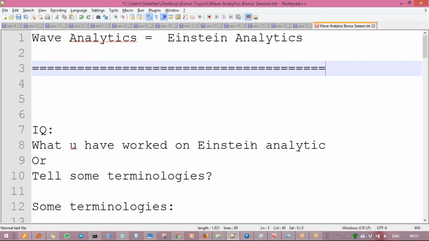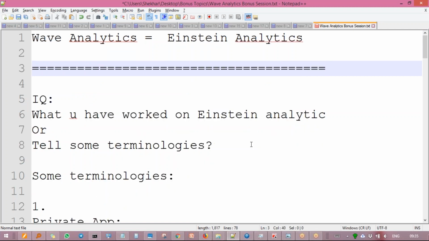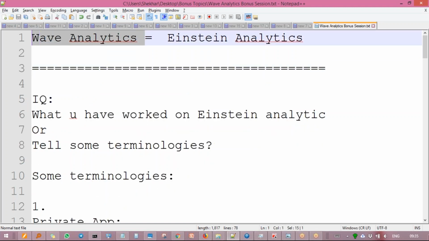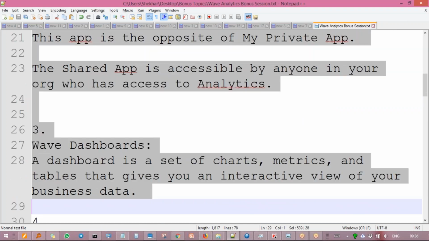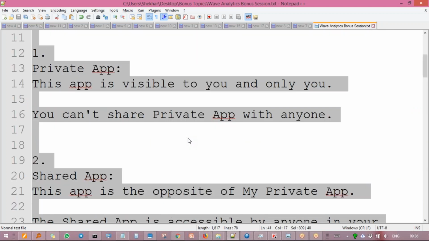So everyone clear? If they ask you some questions that what you have worked in web analytics, or tell me something about web analytics, or what kind of things you have worked on web analytics, you can explain at least 3 4 lines. Everyone is clear with this information? This helped many previous batch students. So do not miss this chance, and whenever you see the opportunity, you can explain that I have some knowledge about web analytics, not that much, few months, and I can explain it. Then you say, okay, what you have worked, these all important notes can help you to give the solution.